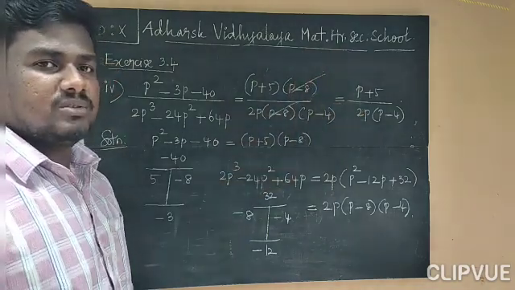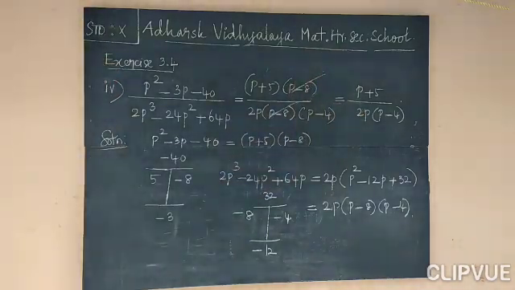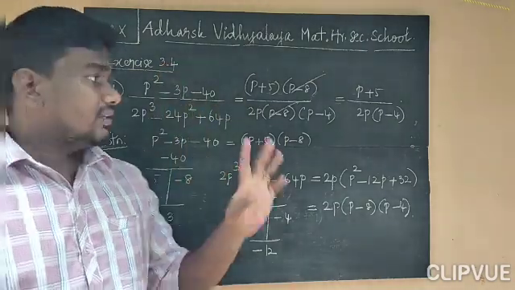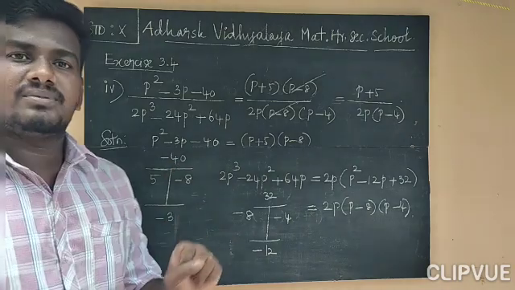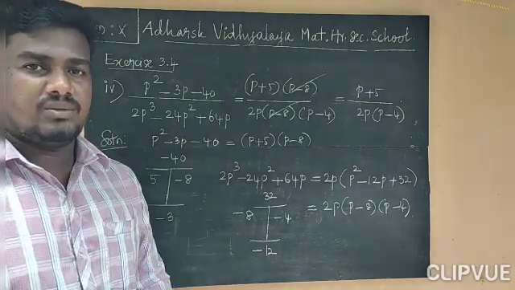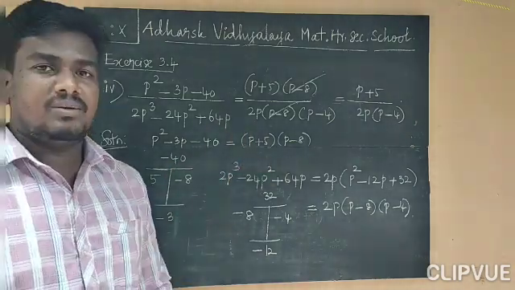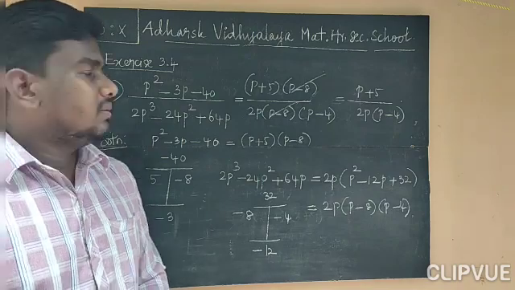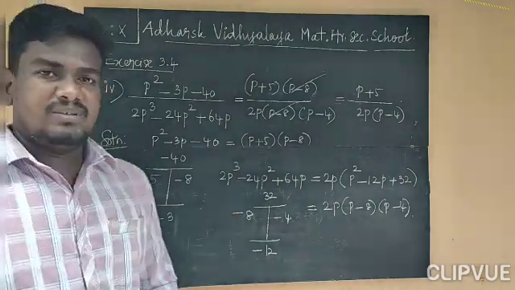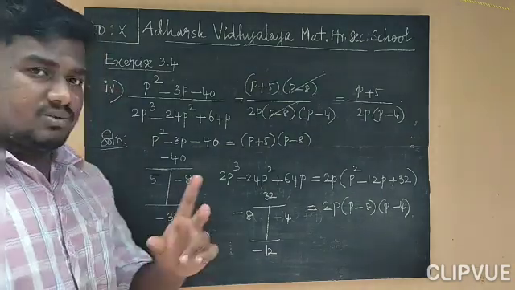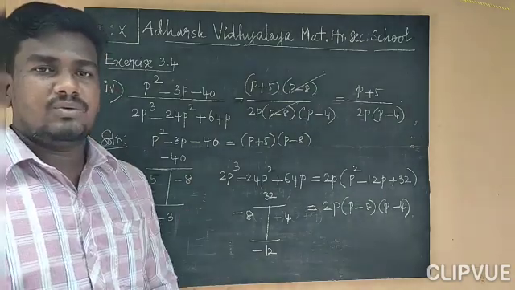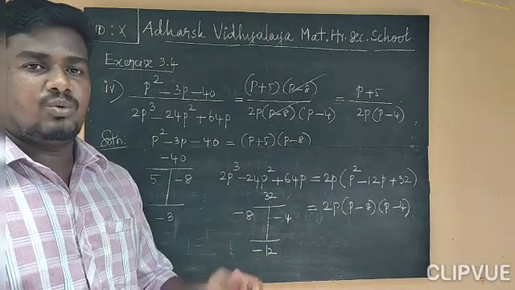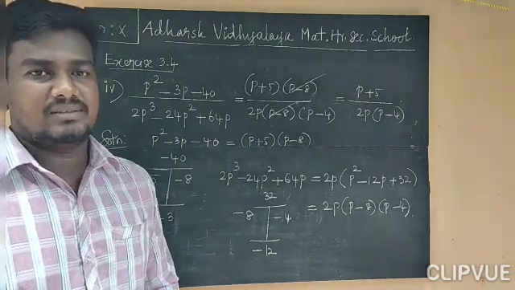I hope you all understood the concept. So exercise 3.4, first question, there are 4 subdivision problems we have done now. I hope you all understood. The problems are related to the irreducible form or reduced form of rational expression problems. So example sum 3.14, first question I did, the second one is your homework. Okay. So in the next video we will see about excluded values of rational expressions. Thank you.